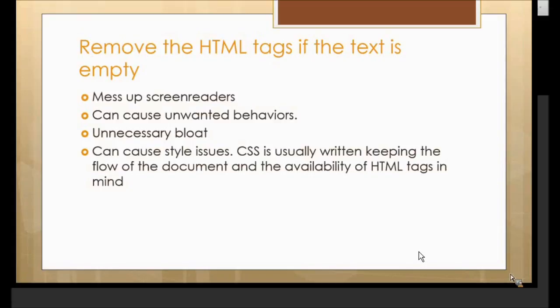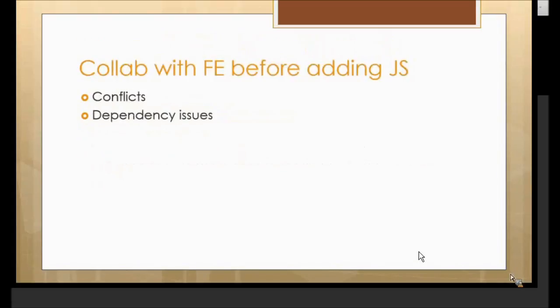Again, this is a very important point. When we are adding JS, we need to collaborate. There has to be proper communication because JavaScript is very fickle. It can cause errors. So say there are two HTML elements, so it's again very important to use the code as it is given by the front-end engineer. For example, if there are CSS options, so if one page module comes below the other page module,